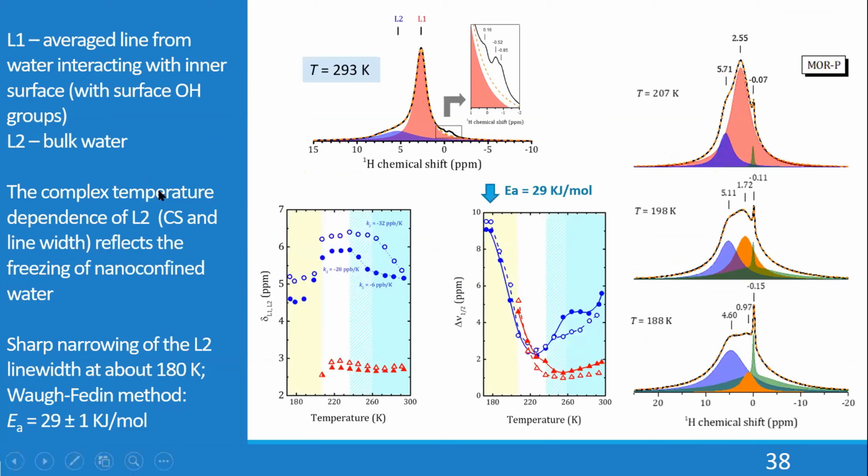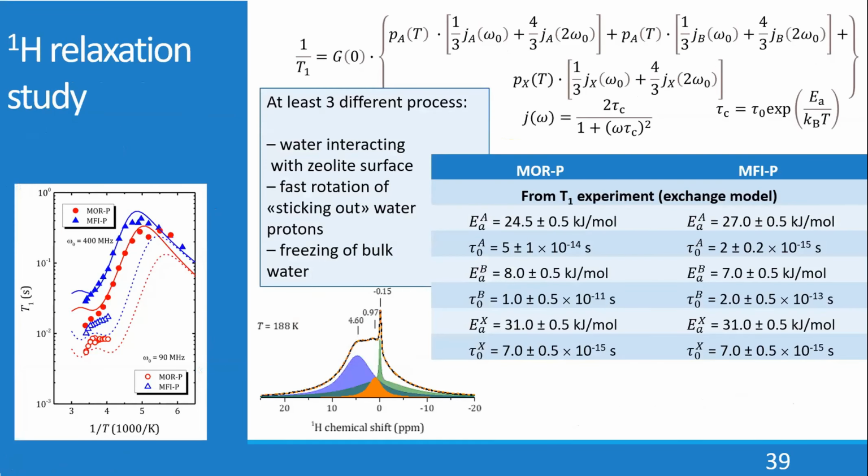And from the temperature dependence of the line width, we can determine the activation energy of the freezing of the confined water. Using the relaxation study, we have obtained very interesting results, because here there is a T1 relaxation time versus inverse temperature, and we can observe at least